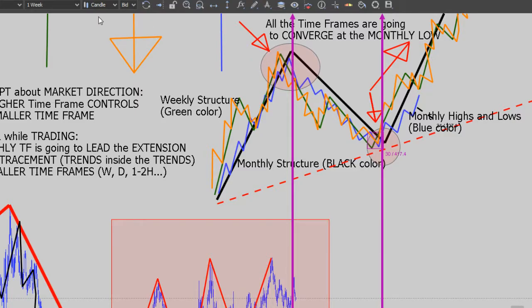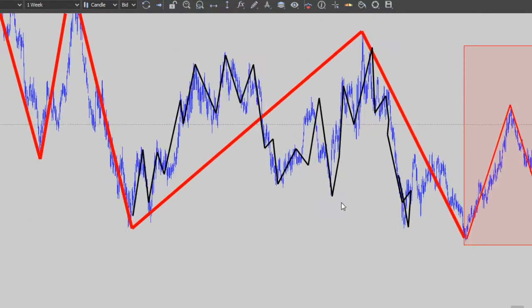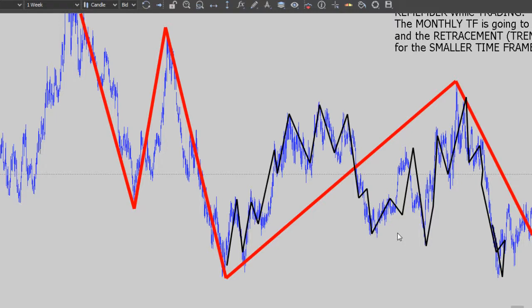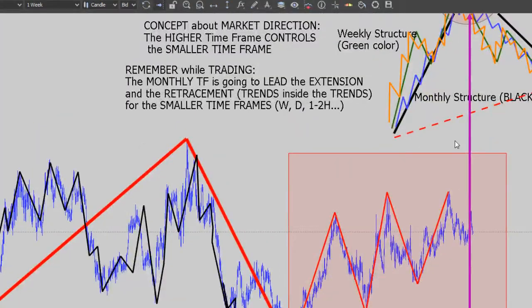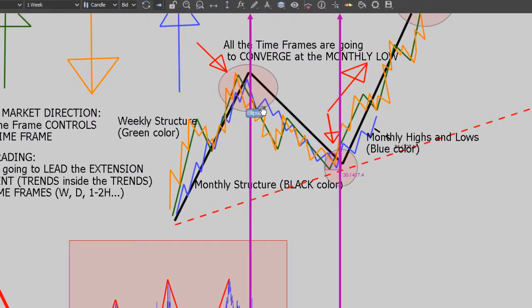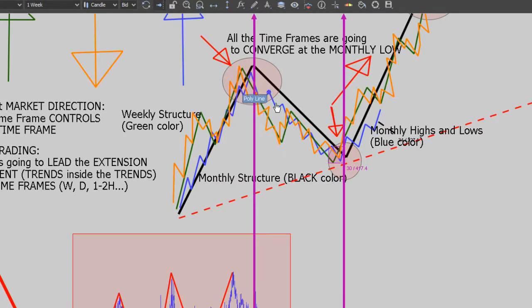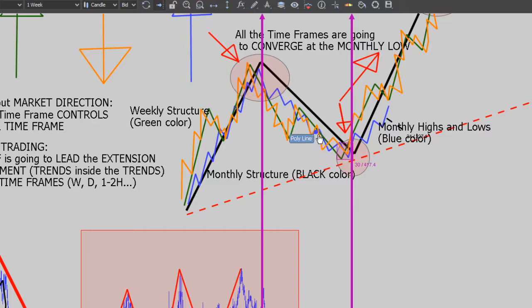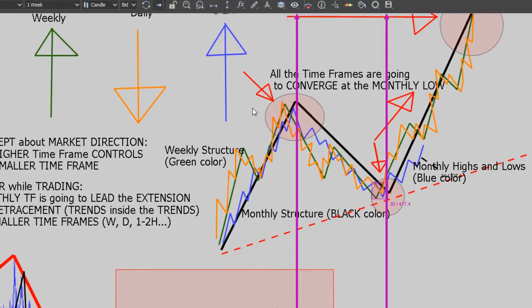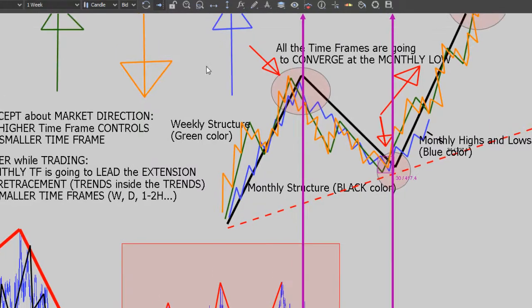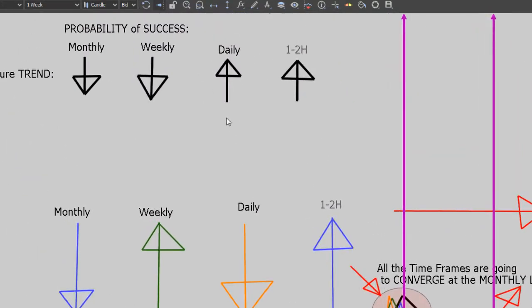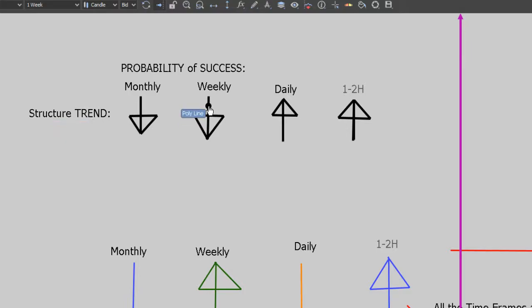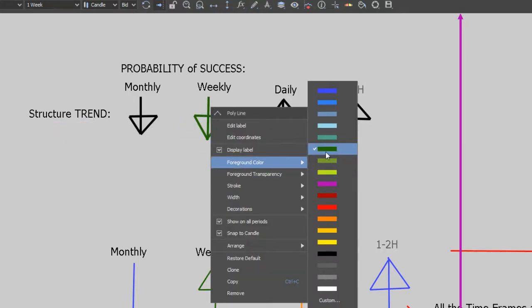Inside this structure, as we saw on here, EuroCAD, this is the live chart, this is the live market. You have structure, but you have more highs and lows. So this is the blue line in here. You are going to have more highs and lows. And then this retracement is going to be a structural downtrend from the weekly, right? This happens all the time, the structural downtrend from the weekly. So we have structure trend from the weekly, and green is down.